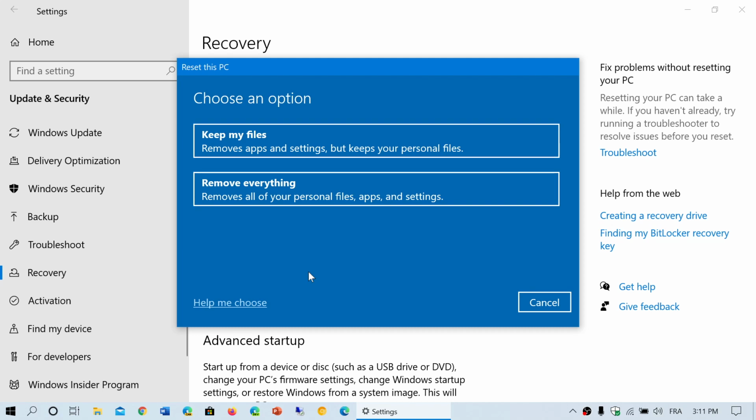If you choose the option to keep your files, what it will do is remove most of the apps and the programs. It will keep your personal files and most of what you have in the different folders, like pictures, documents, music, videos, downloads, stuff like that, will all be kept. But it removes the apps and the settings. So that means that the programs you pre-installed are, for the most part, going to be gone. And that you've got to understand.